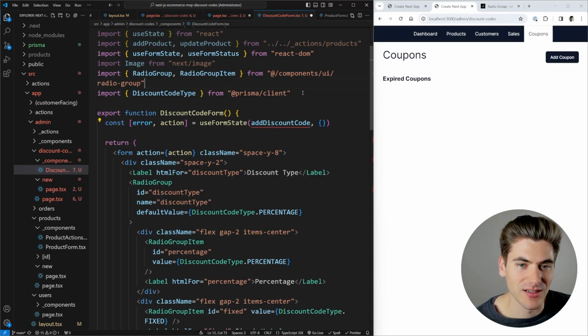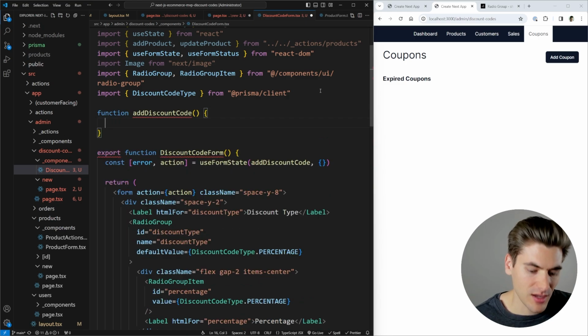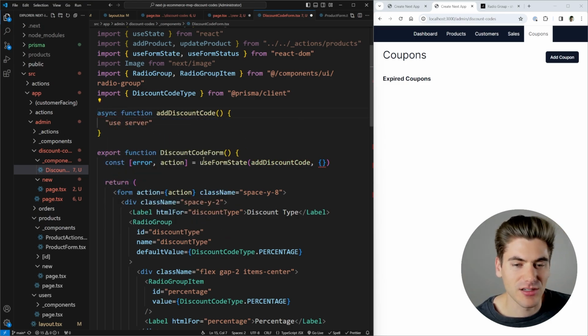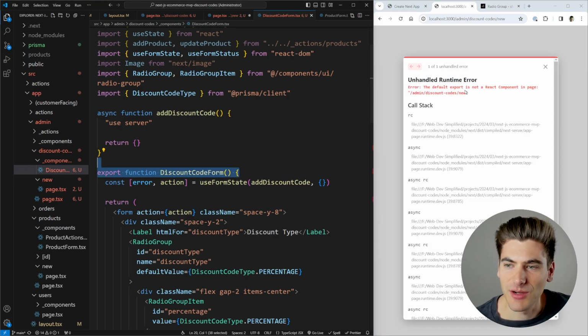Obviously, this action doesn't exist. So I'm just going to create a really simple function that's just called add discount code. And I'm going to put use server inside of here so we know this is a server action, and make it async so at least this will work for us, and it'll return an empty object just for now. So we'll give that a quick save, click on add coupon, and it looks like we're getting an error,